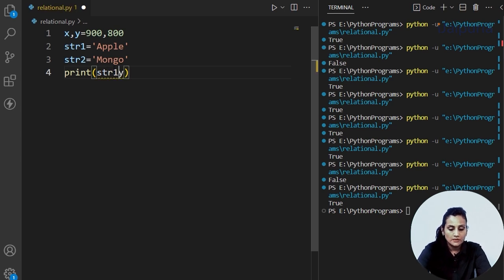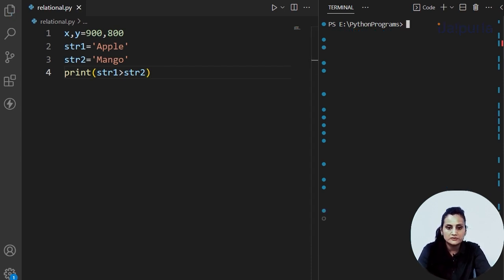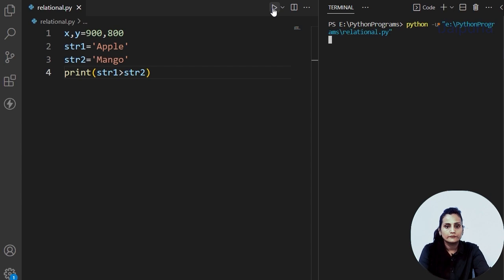We just had two strings, str1 as apple, str2 as mango. Okay, my bad, so mango. And now I'm going to check print string 1 is greater than string 2. Let's check what the answer is. But before that, let me clear the screen. Fine. Here is the answer, false.